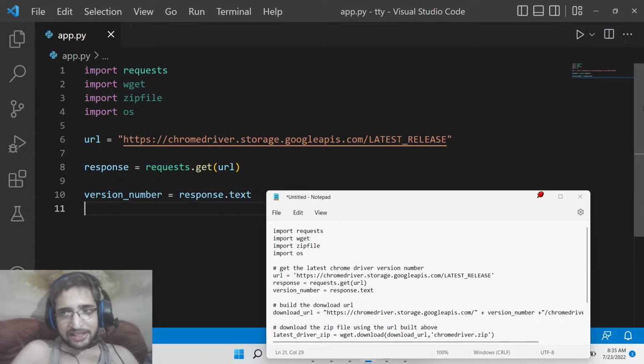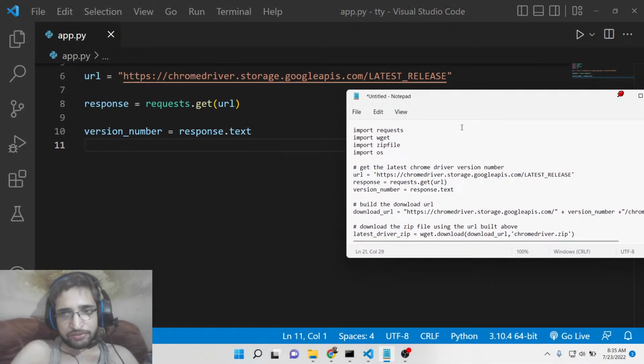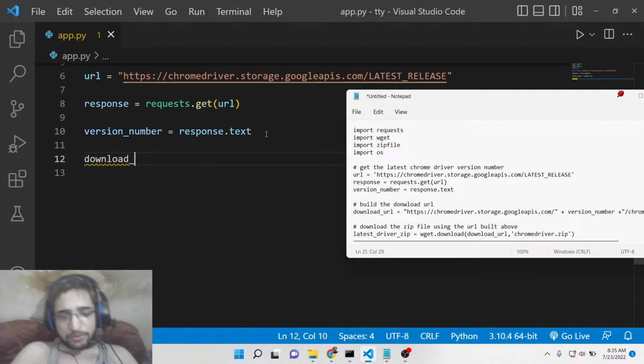This will exactly tell you the version number which is downloaded. After that, we need to download the zip file. So now to download the zip file, it is very easy. You again need to call the same URL,